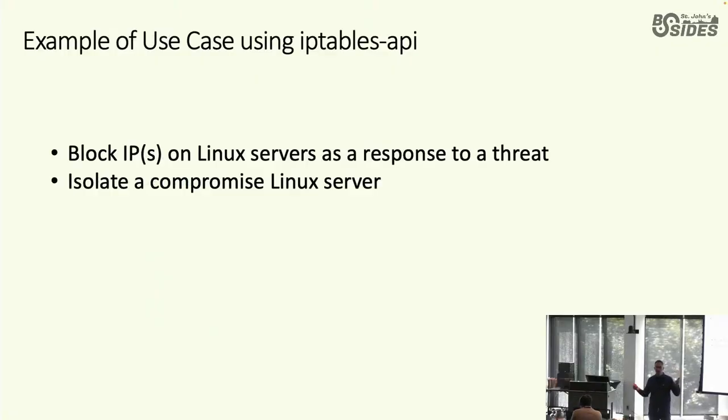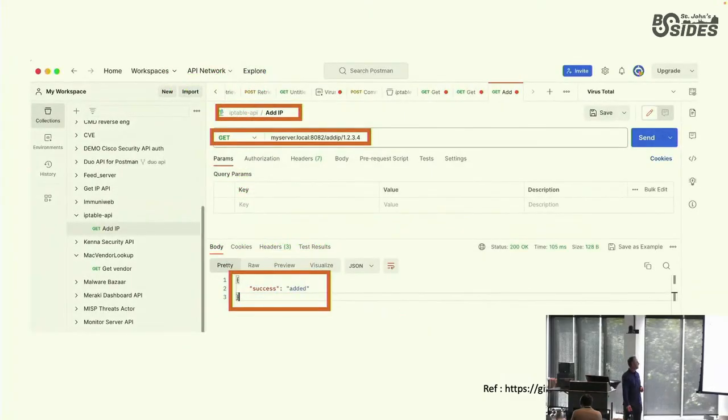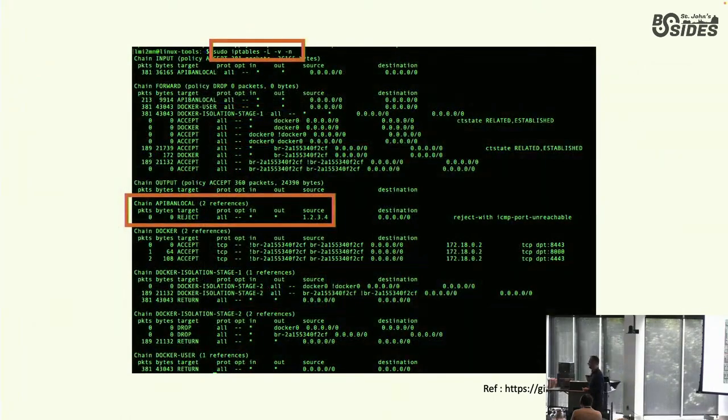This could be useful when you're under attack, let's say. The way it's built, you have to compile and install a small tool on each individual server, of course. And then it's just a matter of adding an IP to the IP table, and that IP will be blocked after that. Make sense?